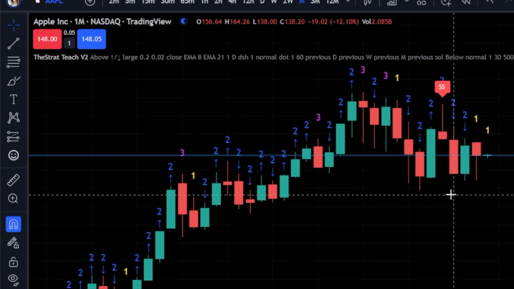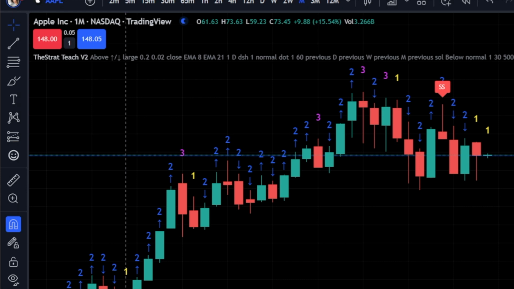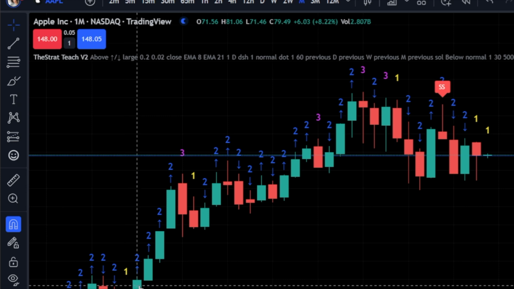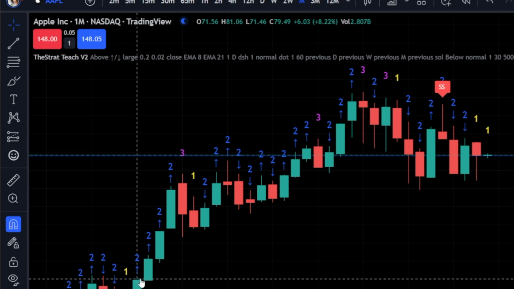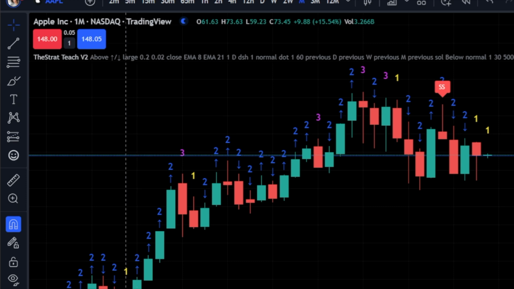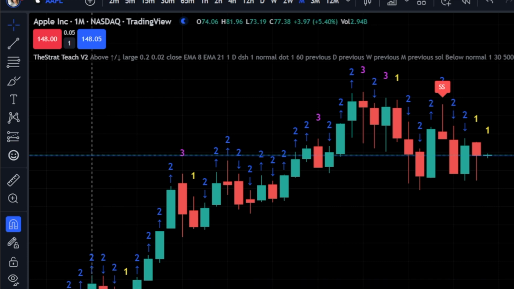The number 2 bar is a directional bar. As a 1 bar is an inside bar, it's a resting bar. A 2 is a directional bar. A 2 means that one side, either the high or the low, was taken out. So a 2 up means that the high was taken out and it 2 upped. A 2 down means that the low was taken out, so it 2 down. Okay? So let's look at some of these